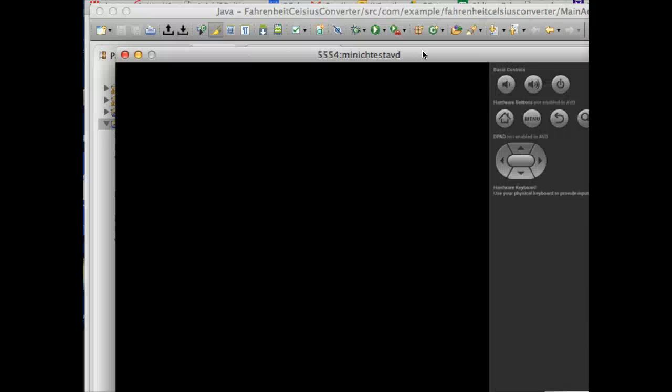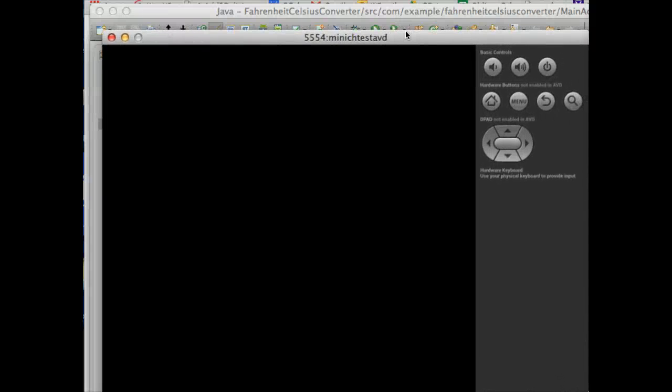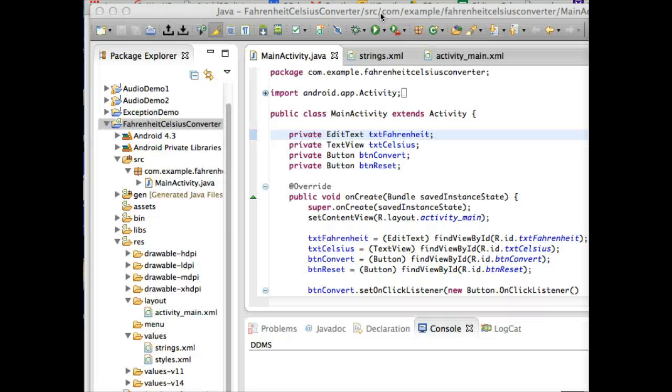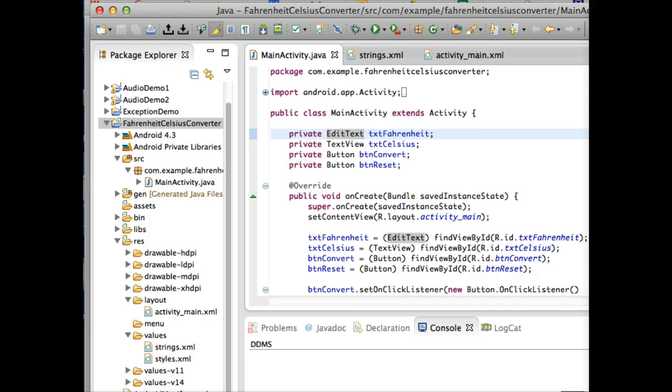Wow, that was fast. I must be running this off of my hard drive and not off of some Windows remote virtual server, which is the case in this case. I'm running this off my hard drive. Like you could run it off your home computer if you installed Eclipse with all the Android SDK tools at home. Okay, it's still taking a while for this emulator to kick in and get to my home screen, so